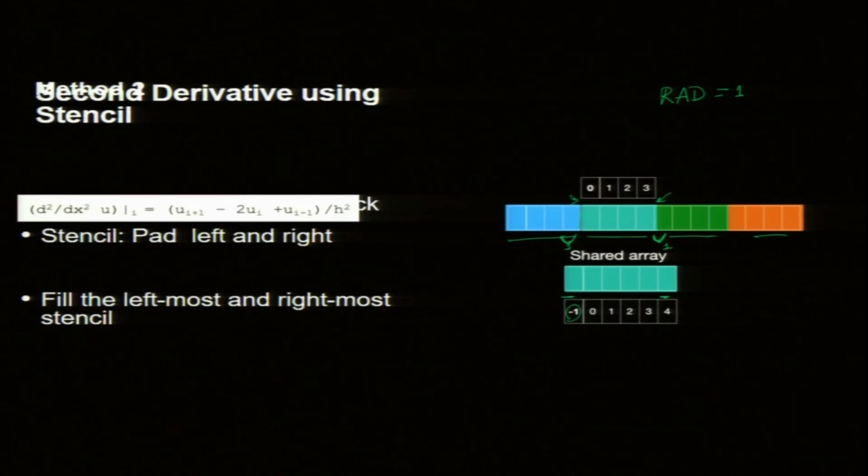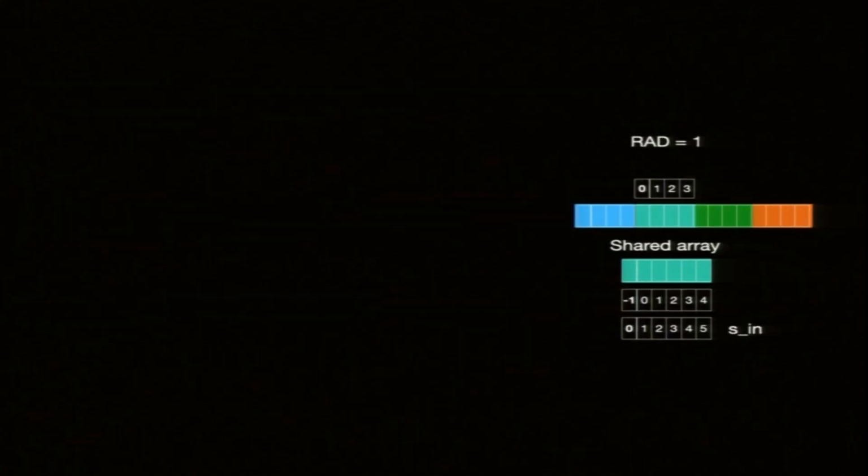Okay. Now, there is one more point. Yeah. So, I need to fill. This is called stencil. This is another word called stencil, and these guys are called halo. You have seen a halo behind a head, no? So, head plus surrounding, that is called halo. Okay. Now, let us look at the code.